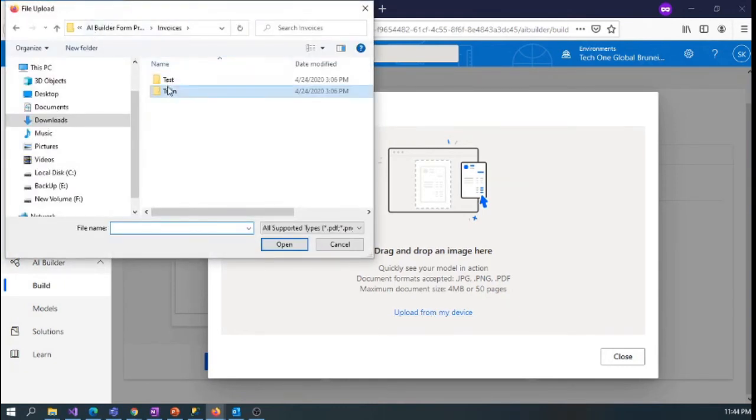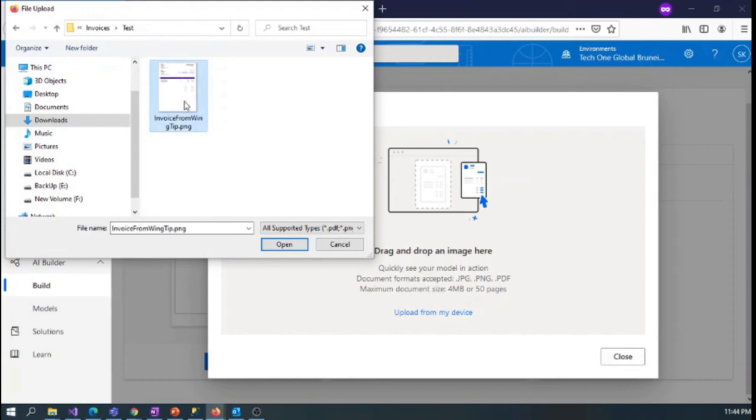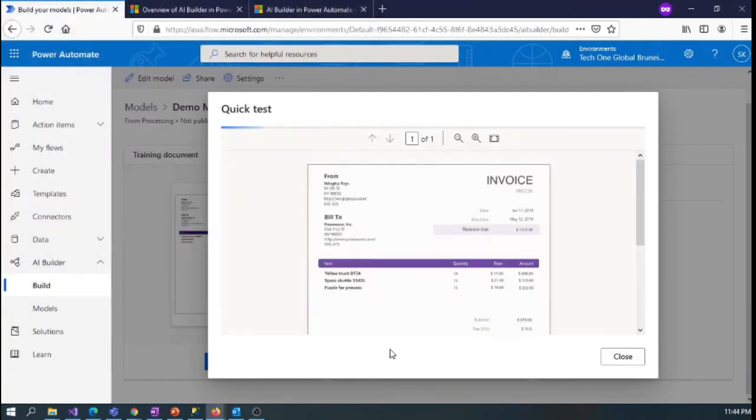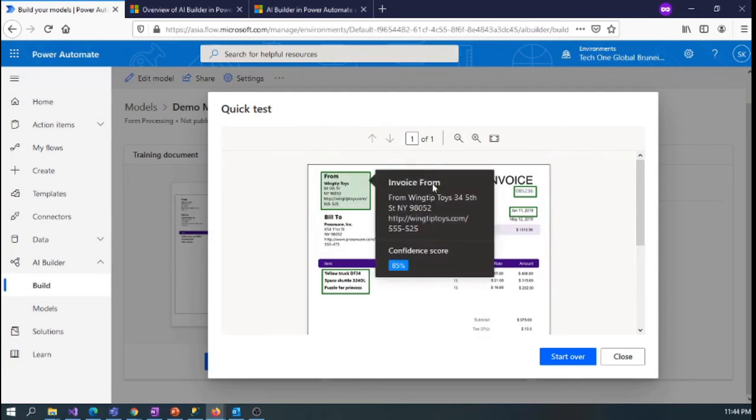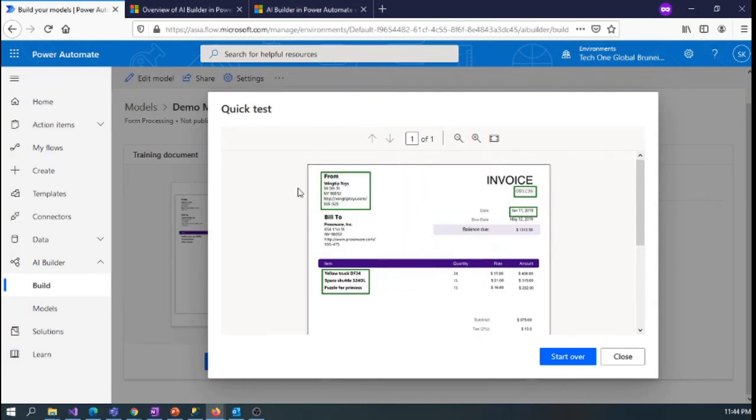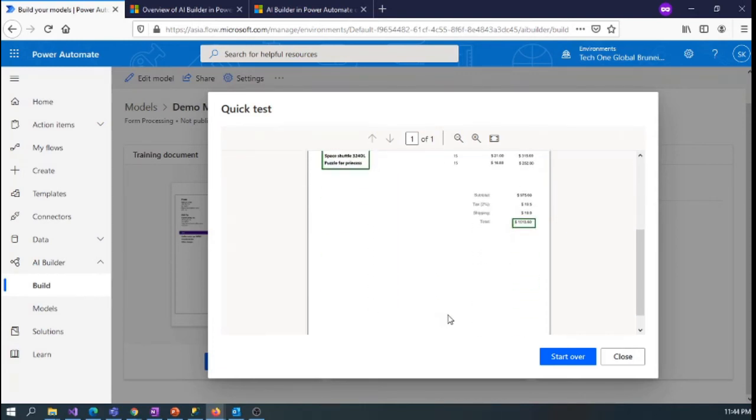I have a sample document for the test purpose. So I'm going to upload it and test it. Our test document is uploaded and it has auto-detected the fields from our document.